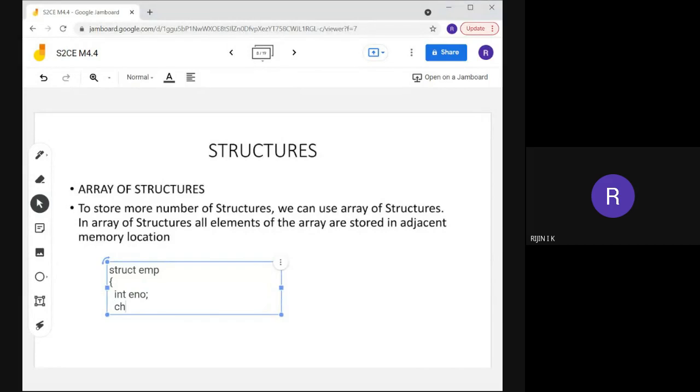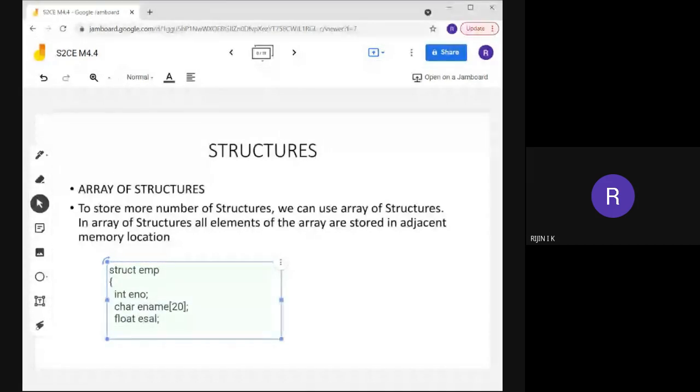So char name, and here I am specifying the size of the array as 20. Then the next component is the salary. Salary we can represent using floating point numbers, so I'm using float.